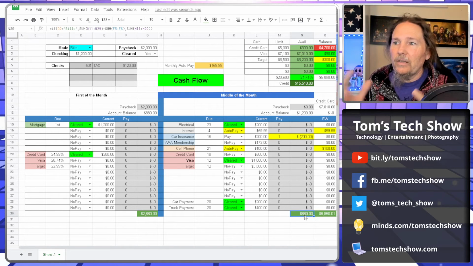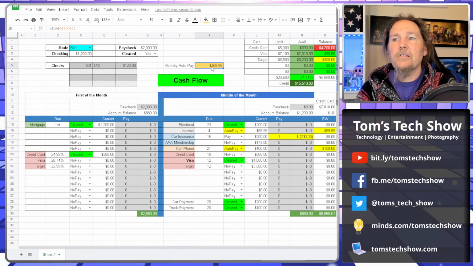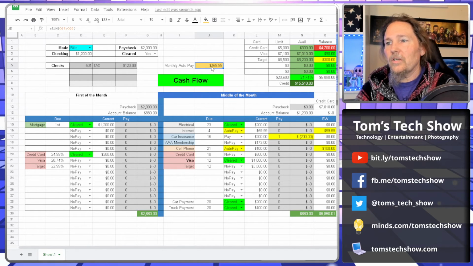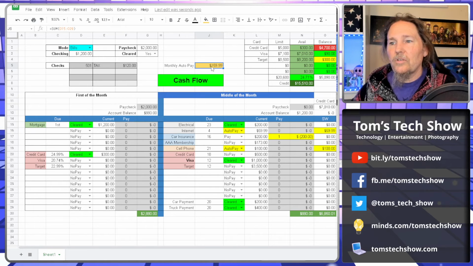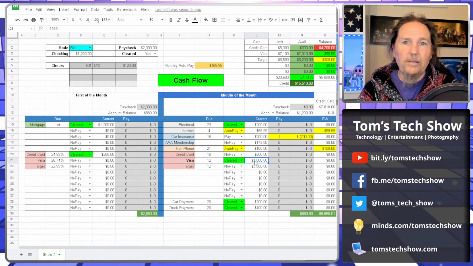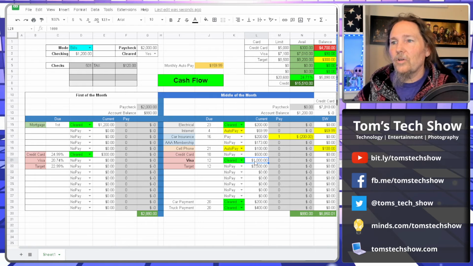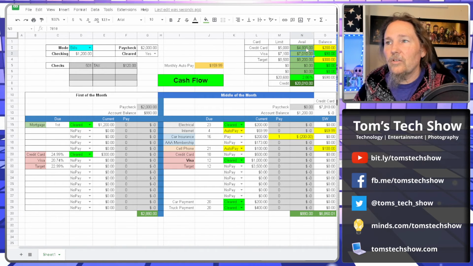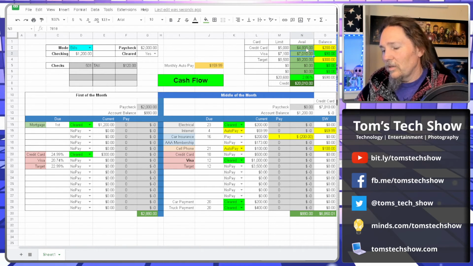So I tried to build in all this stuff. I also have this up here that's kind of a handy thing for me to see, this monthly auto pay. It gives me a total of all that auto pay stuff so that I know when I'm paying the card, I need to pay at least enough to cover all of the auto pay items. There's a lot of color coding in here. So like the credit cards, if I put my limits here and that will be the balance, I just put in what's available here. So if I change that to 4,800, it shows that,